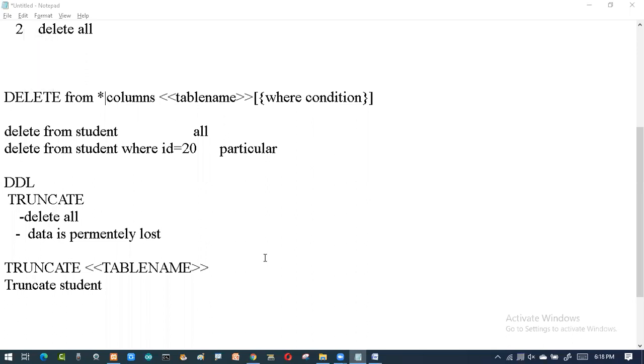Yeah, somebody is asking something. Sir, for truncate command, there is no where condition. No condition, that's what I'm saying. If you decided to delete everything, then there is no condition.